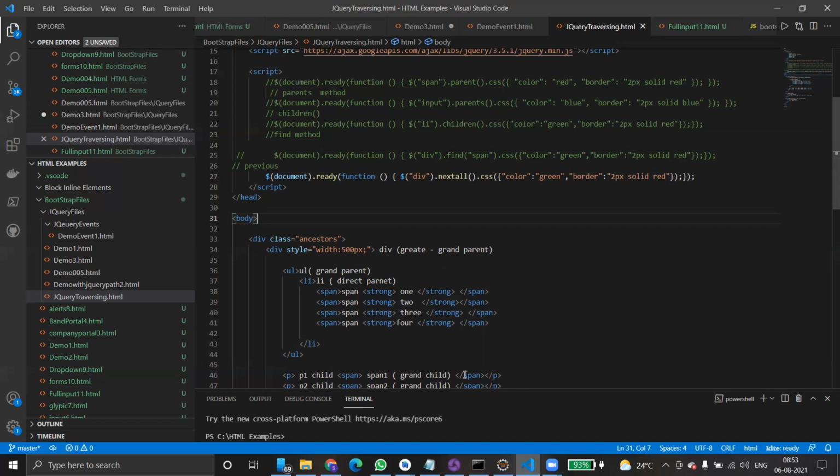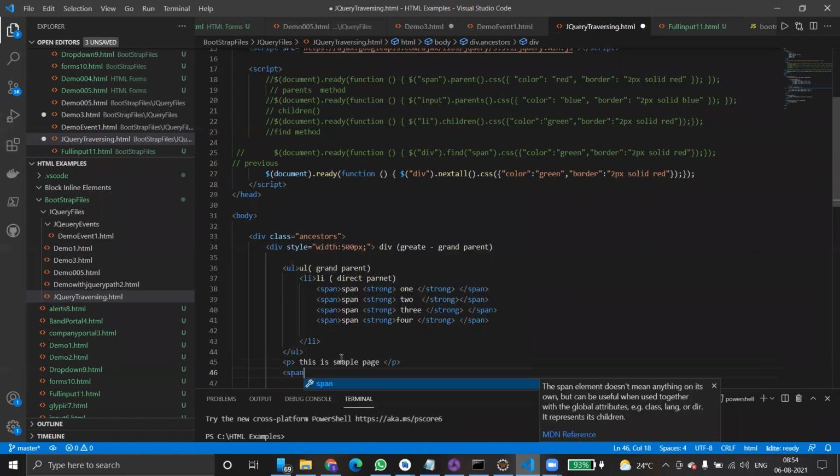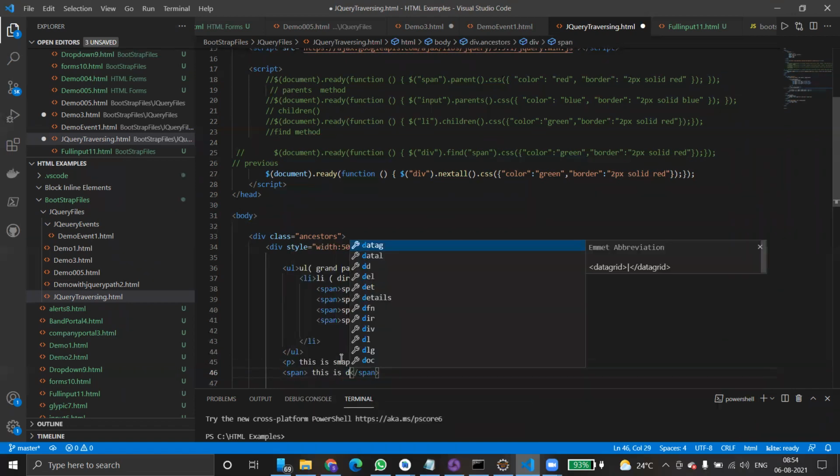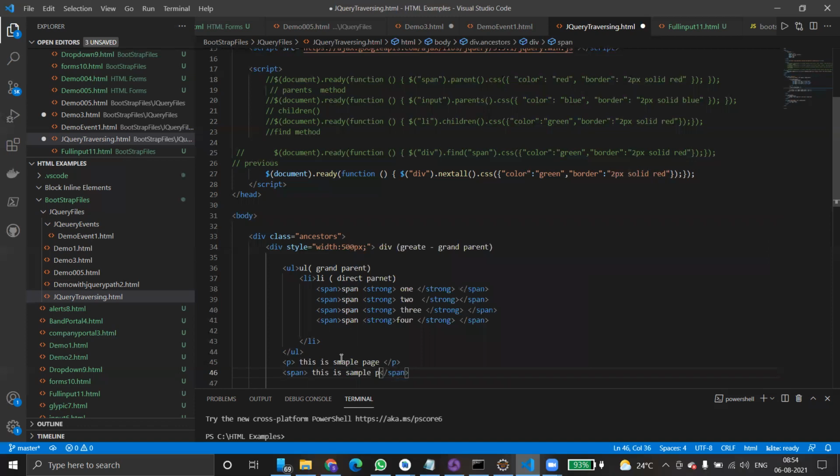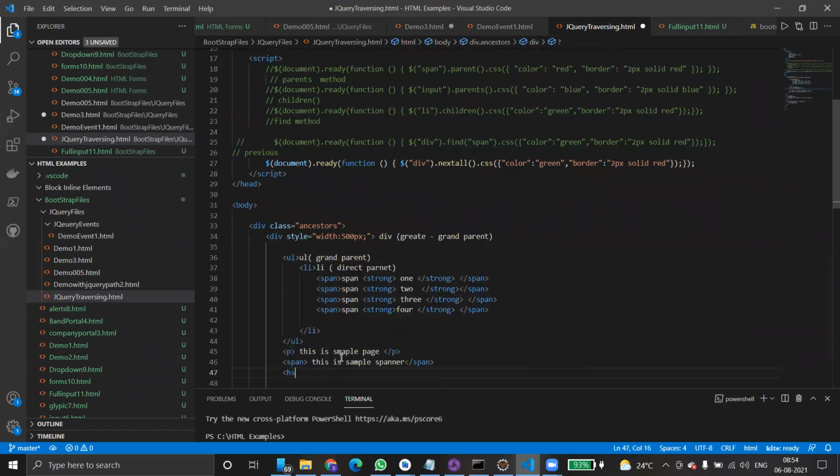Inside page, this is a sample page. So span, and this is a sample spanner. After that take H2.